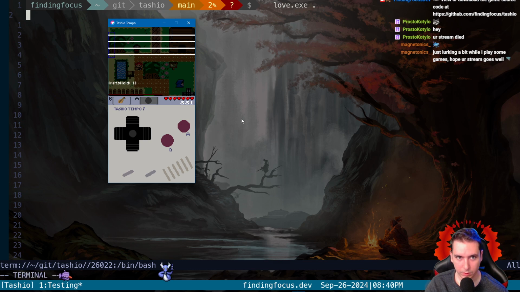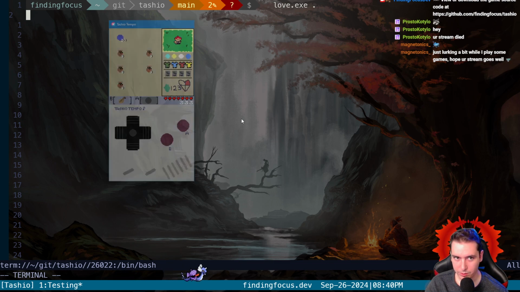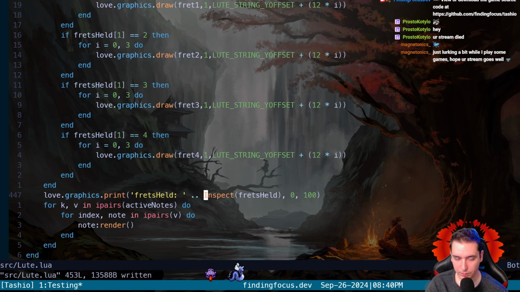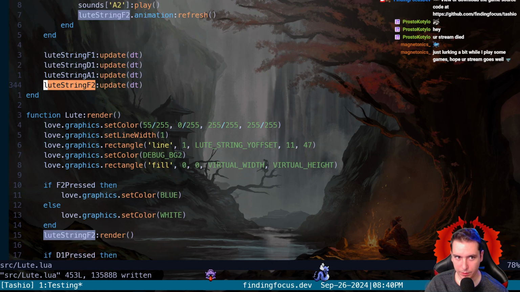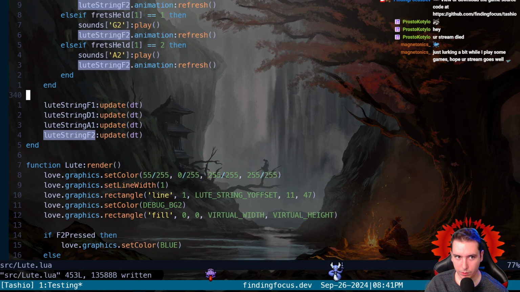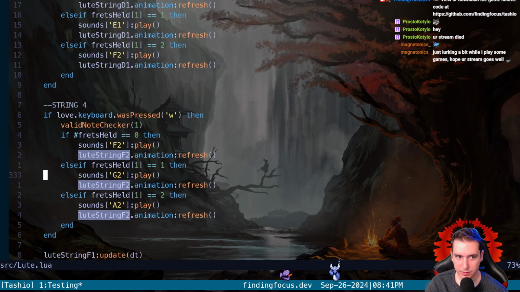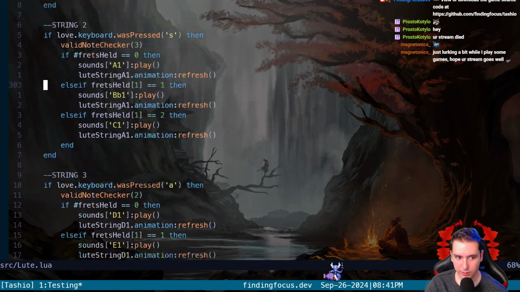Okay, we're not strumming any notes or any frets, but we don't crash. So, oh, look at this. We update all the strings with delta time here.